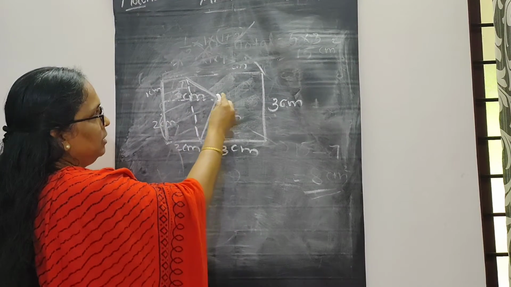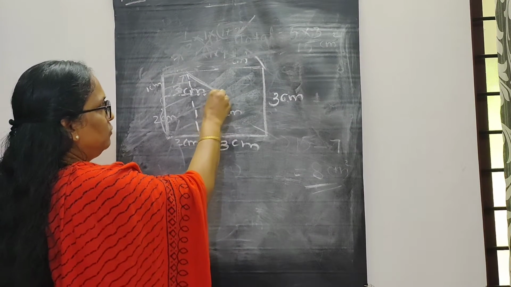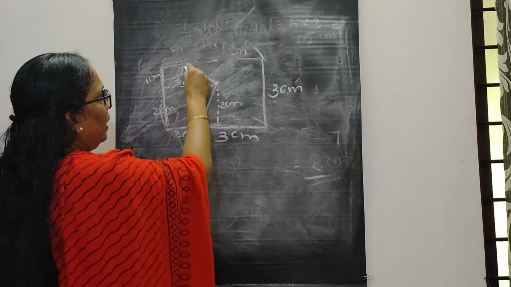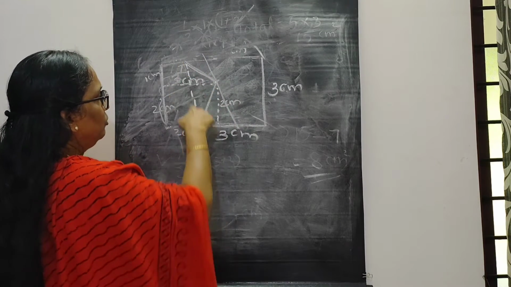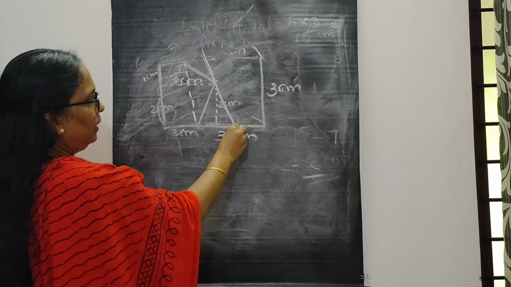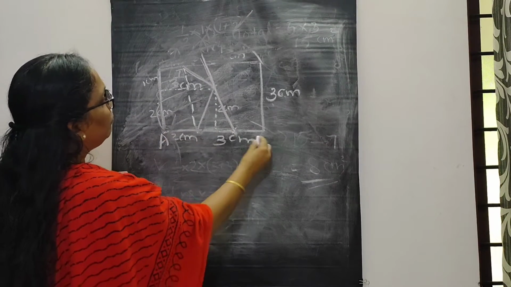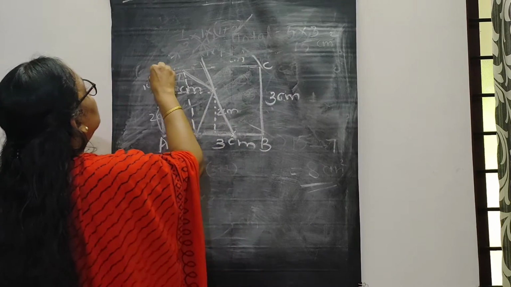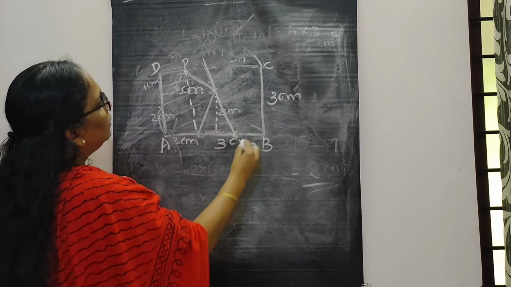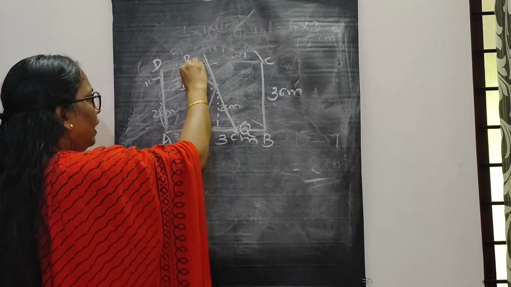How? We can change this vertex to this line. How do we change this vertex to this line? For this, draw a line parallel to this line, find the meeting point and take this as the point. So we can mark it as A, B, C, D. This is a rectangle and this is the point P. The meeting point we can mark as Q. Then we can join P and Q.